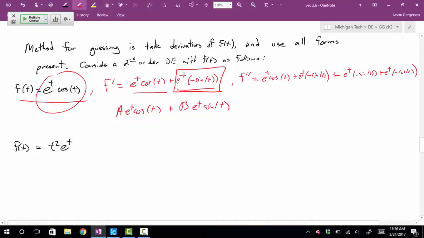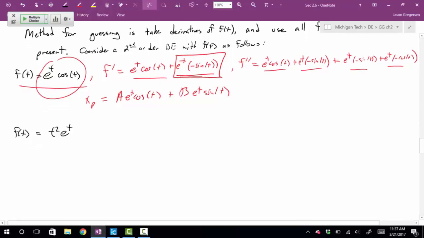Not really, right? Constant e to the t cosine t, same thing here, same thing here. That's it. So that would be my guess. See if you can apply that same idea to the next one. What if that was your right hand side? What would your guess